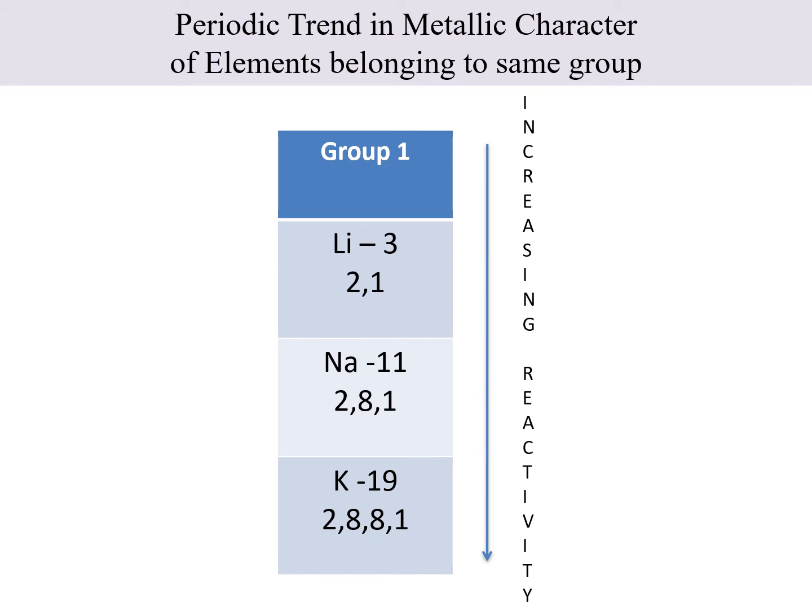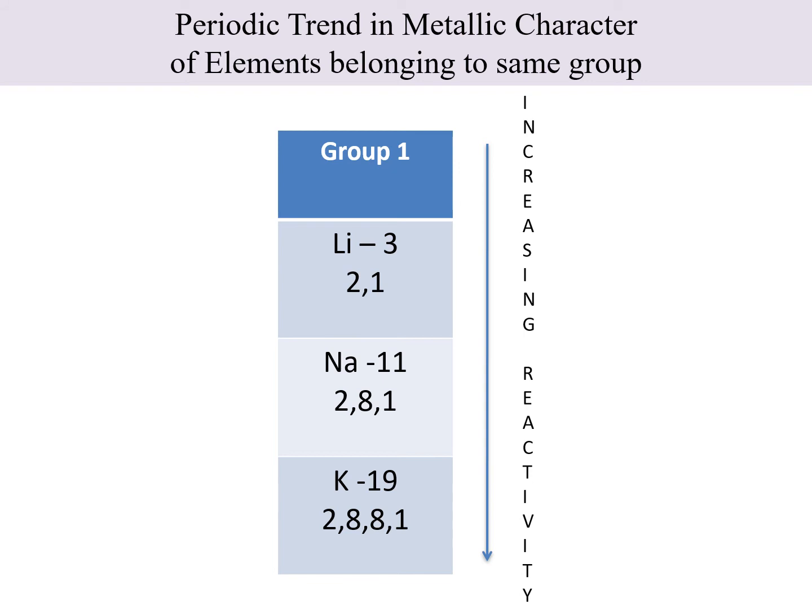The nuclear force with which lithium is holding its 1 valence electron is highest because there are only 2 shells. So nuclear force is enough to hold the 1 electron. But as we move down, we come across sodium. Here there are 8 more electrons which are acting as shielding electrons. So as compared to lithium, sodium's nuclear force to hold that 1 extra electron in the valence shell is comparatively less. In case of potassium, there are 4 shells. So the nuclear force with which the 1 extra electron is held in the valence shell is still less.